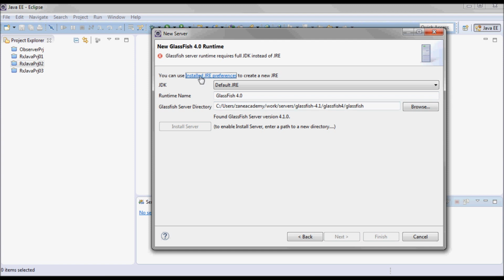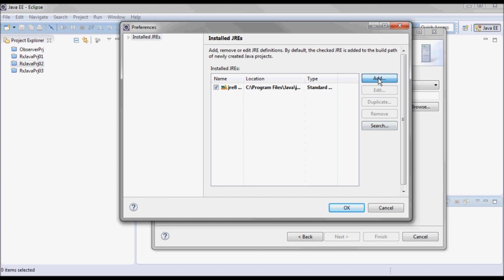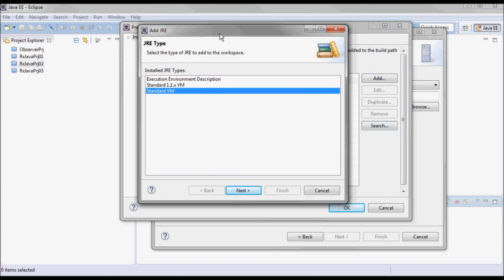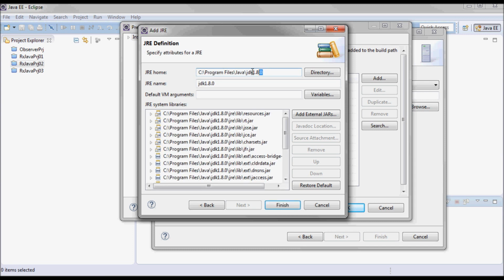And I will be using JDK 1.8, which I have in this directory.